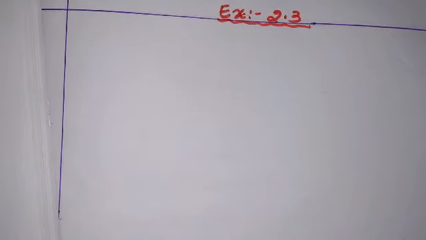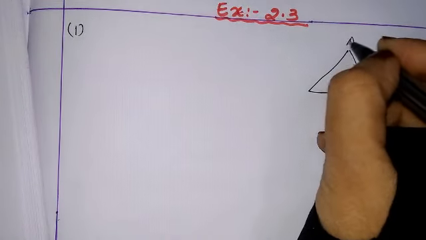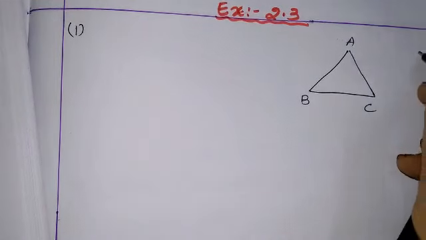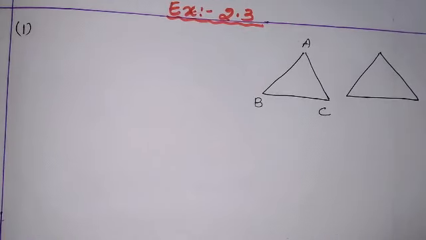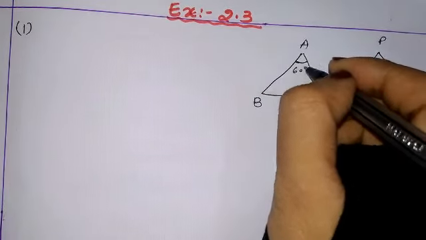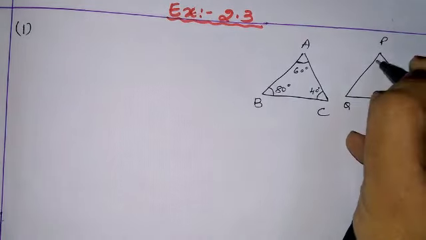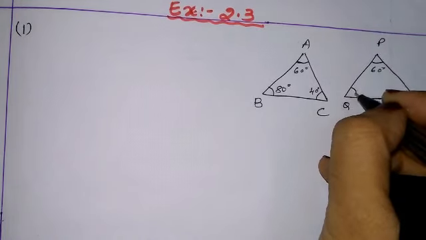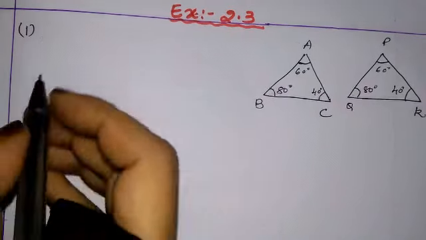Okay, first one, you can focus on the figures. I'll draw just a small rough figure. First question, they have given here figure A, B, C. Rough figure, a figure you should always draw with a pencil. A, B, C. And they have given P, Q, R. This is 60 degree they have mentioned. This is 80 degree they have mentioned. And this is 40 degree they have mentioned. Next, 60 degree, 80 degree and 40 degree. Okay. So, let us find now.